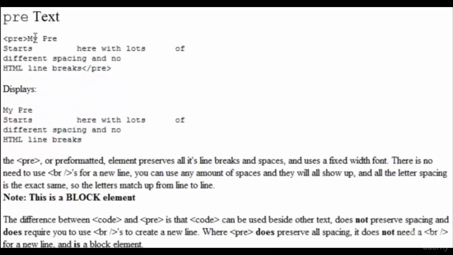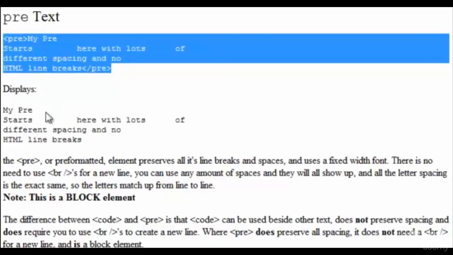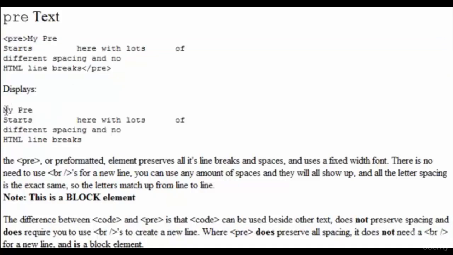And finally, we have our pre-formatted text. Pre-formatted text is actually pretty special. It uses the pre tags. Pre-formatted is the long name, but you just use PRE. And if you look at our code up here, it's going to display it exactly how we wrote it. So up here we have a lot of spacing. Typically with HTML, your browser will try and remove more than one space. If you use pre-formatted text, you can use 2 spaces, you can use 2,000 spaces, and it will preserve all of them.